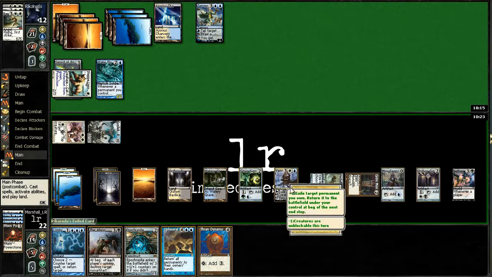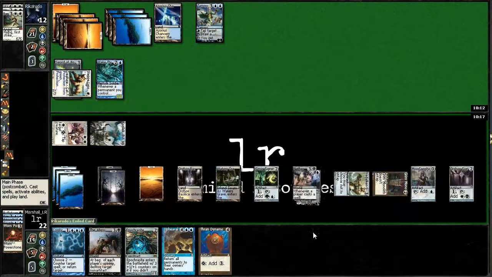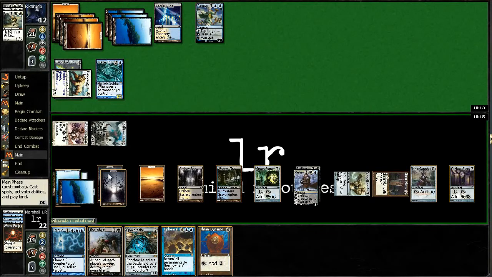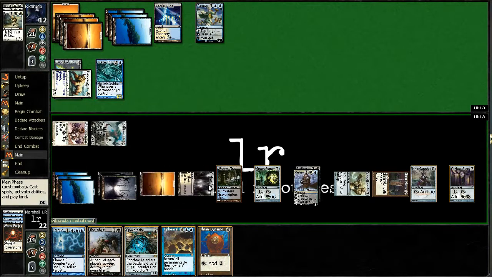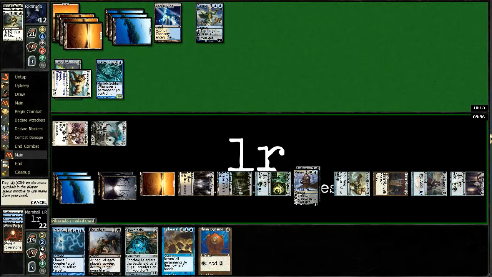Okay, so let's... This is going to be funny, too, because the Nether Void's going to come back down. Man, if this doesn't resolve, though, we're, like, so dead. We don't need any specific colors. Yeah, we got 3 black floating, so it's fine. And whatever. Okay, so...